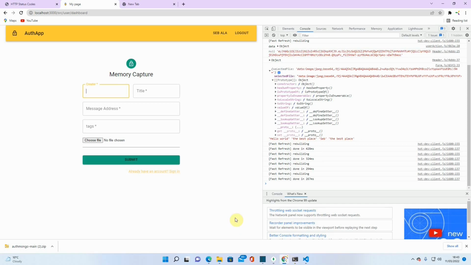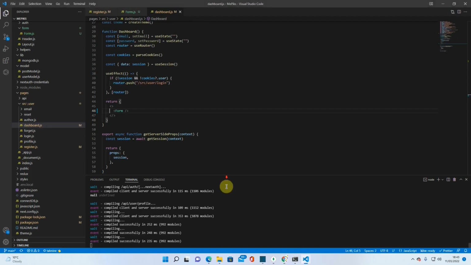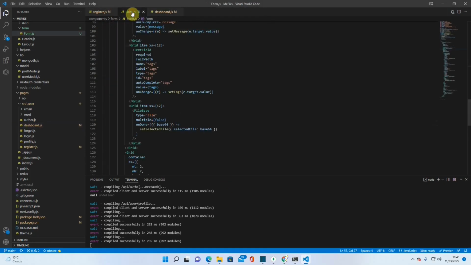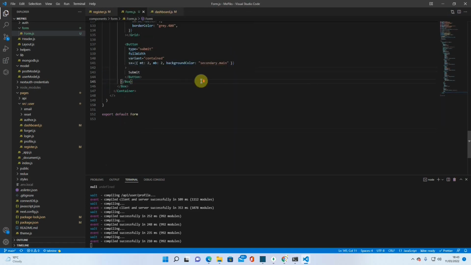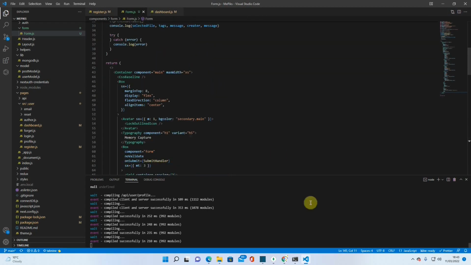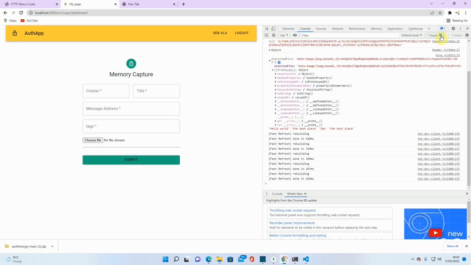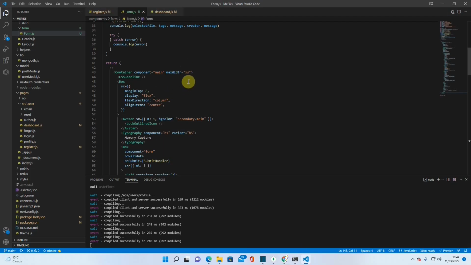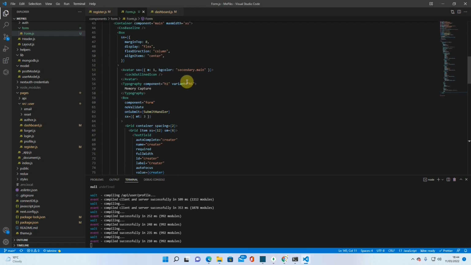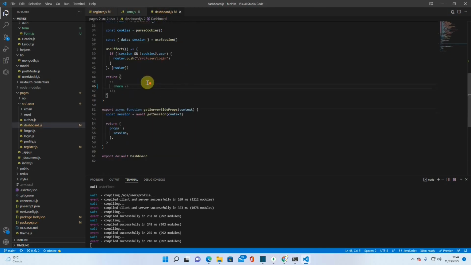Memory capture. Okay, submit. Already have account signed in, we don't need that bit. I think we need that either. Let's have a look. Right, it looks perfect, I think. Right, let's close this. Right, now what we can do, we can move this along, we can put our memories here, and we can change the size of this. Actually, it is extra small, but in the dashboard, let's